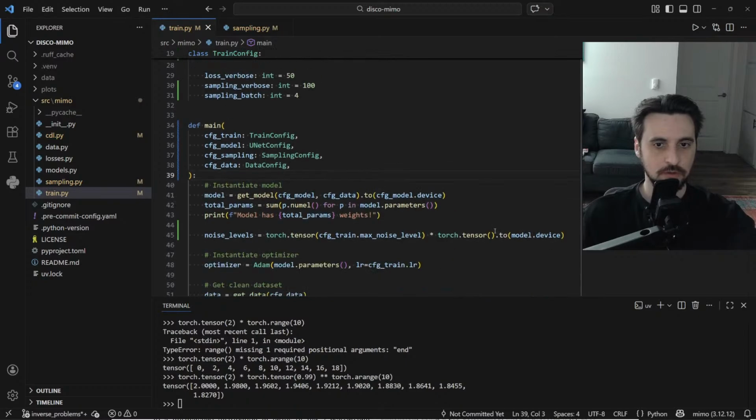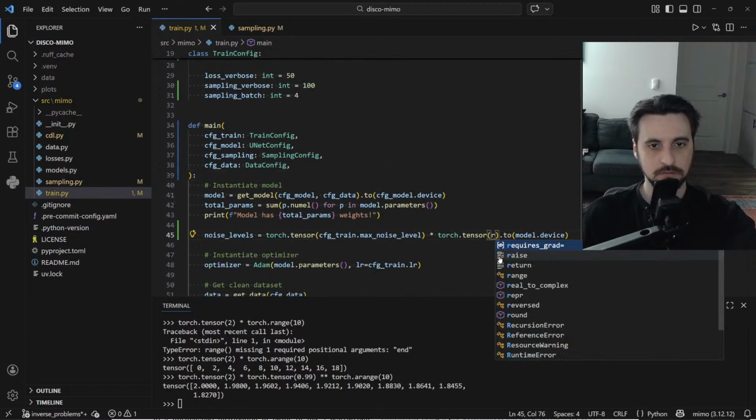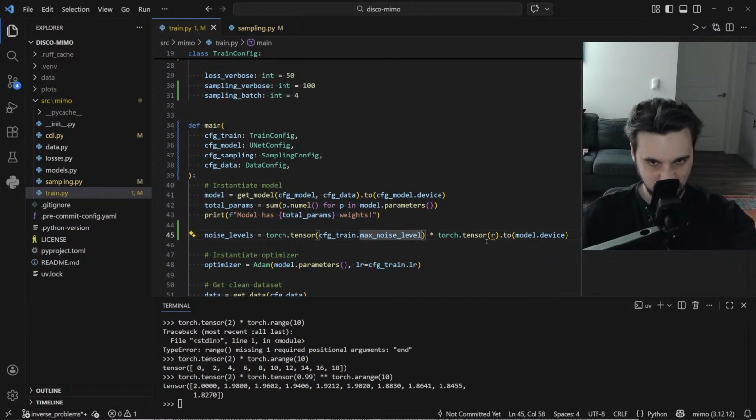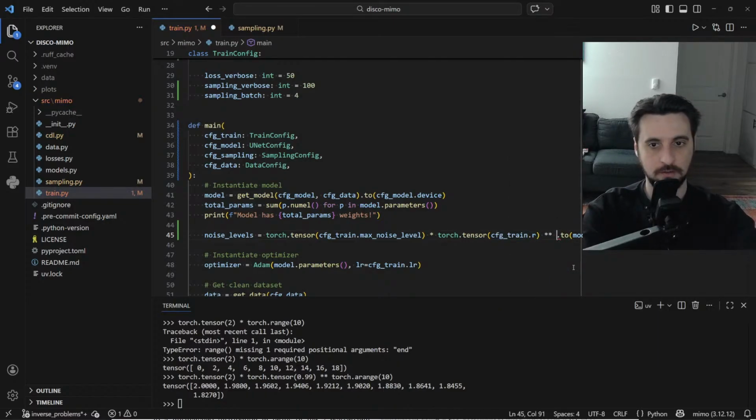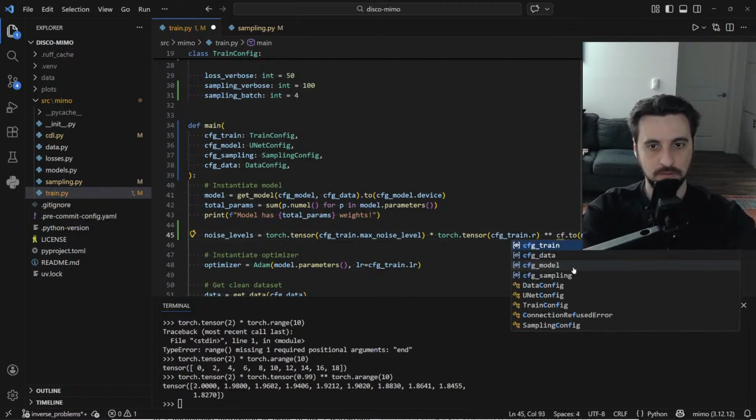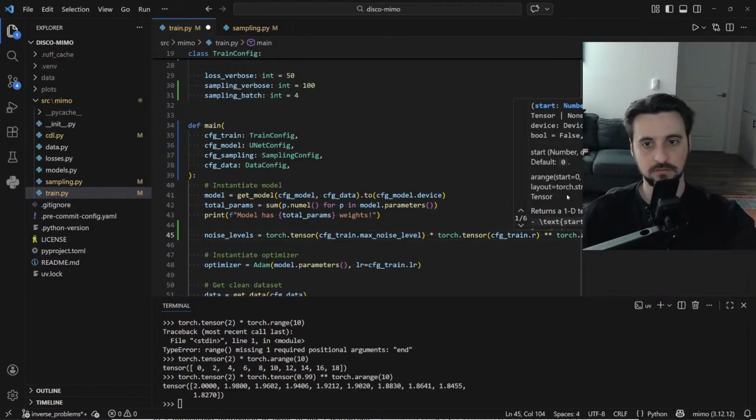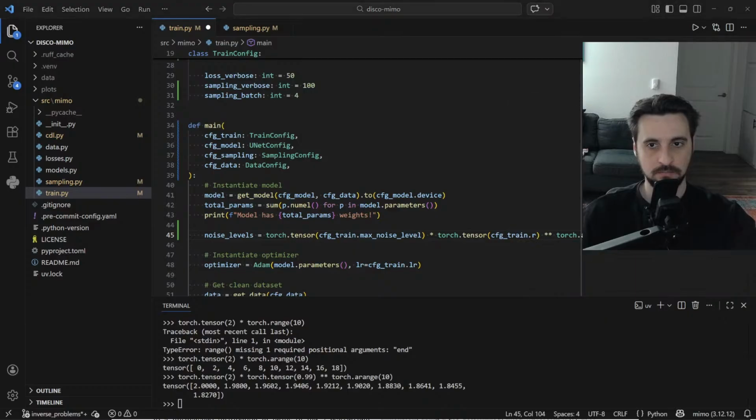So which one? Oh, it's the base R. Config train.r to the power of torch arange, config train dot